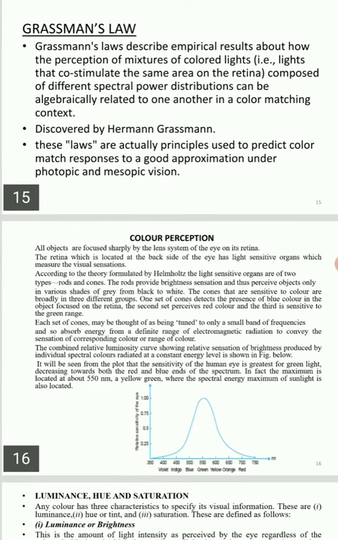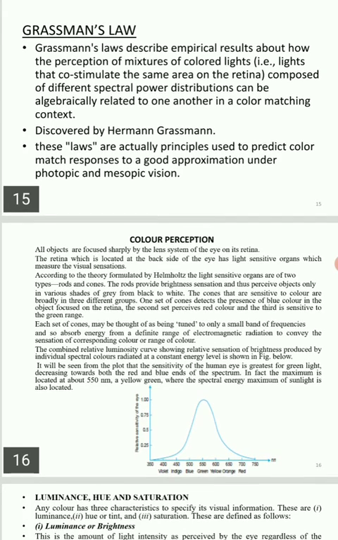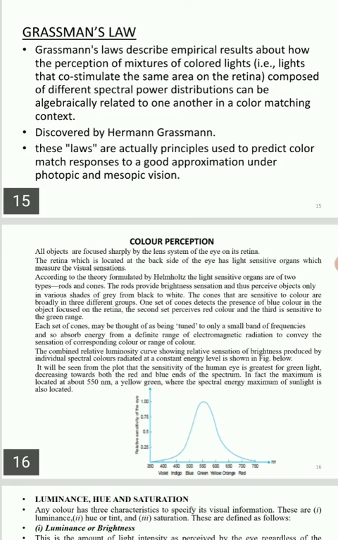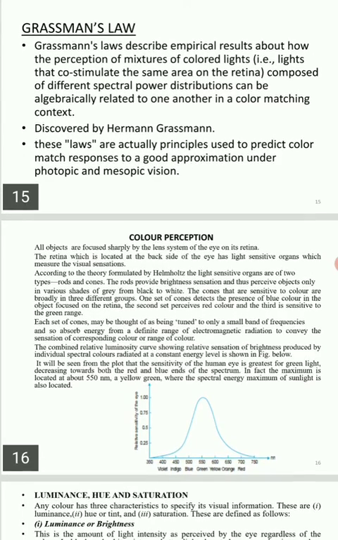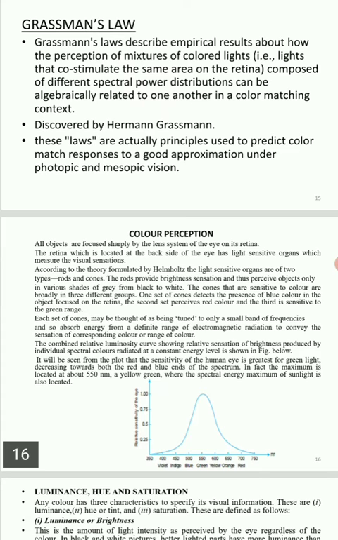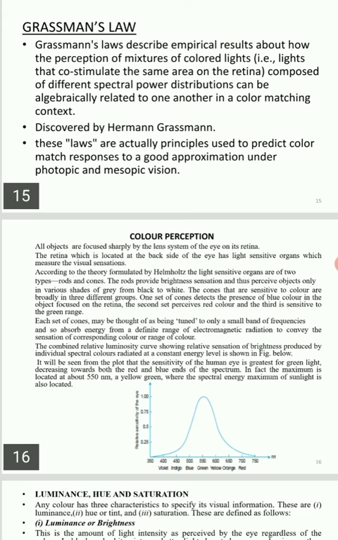Rods provide the brightness sensations, thus perceiving objects only in various shades of grey from black to white, and the cones are sensitive to color, broadly in three different regions. One set of cones detects the presence of blue color in the object focused on the retina. The second perceives red, and the third is sensitive to green color.